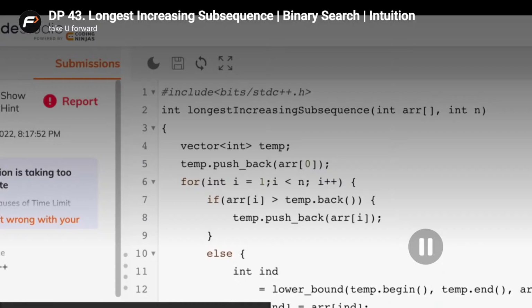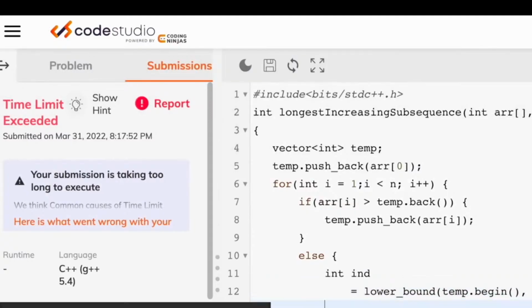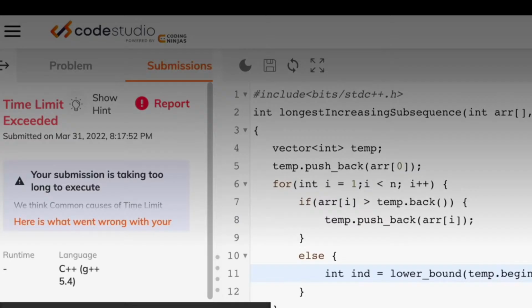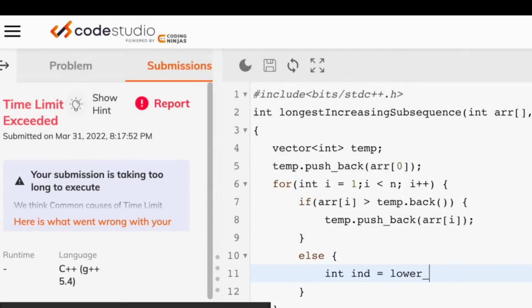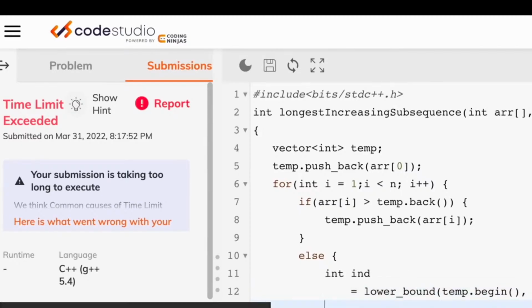You can directly return the temp.size, which will be looking perfect. Once you've got the index, you can easily do a binary search like so. You'll do a lower bound, and the temporary space is this. So just do temp.begin, comma, temp.end, and you're looking for array of I. That's how you do a binary search, and you can just subtract temp.begin. That's how easy the binary search will be looking. Perfect. Once you've got the index, just go to temporary index and say this is where